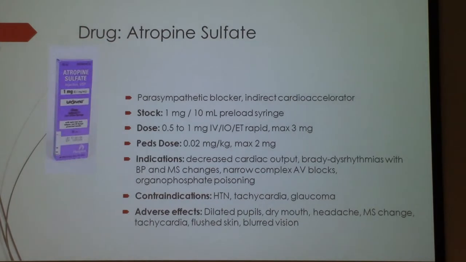All right. So with our atropine, we take a look at what does atropine do. Well, it's a parasympathetic blocker. If you remember our sympathetic and parasympathetic nervous systems, the sympathetic nervous system is our fight or flight, the one that increases our heart rate, increases vasoconstriction, dilates our pupils. Our parasympathetic slows things down. Feed and breathe is another way to describe it with these patients. Slows the heart rate down, and then